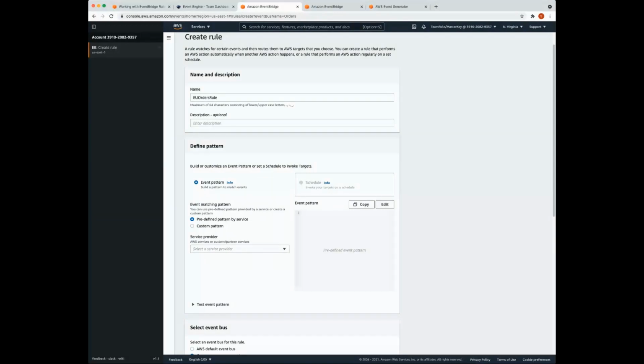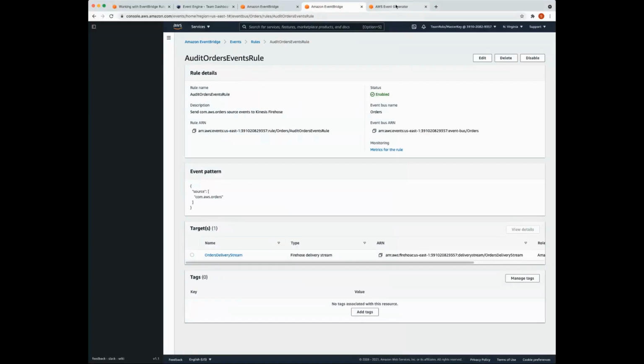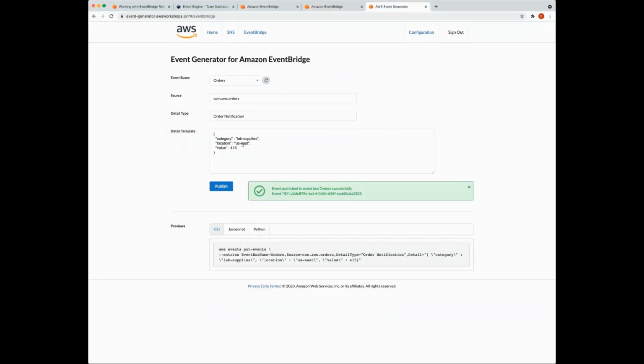So I believe we had in our EventBridge event generator, sorry. So I had changed mine to US East. I believe this location, I think I had changed this to US East. I think before it was EU West or EU East. So, right. We can actually fiddle around with that to see what the rule actually detects.